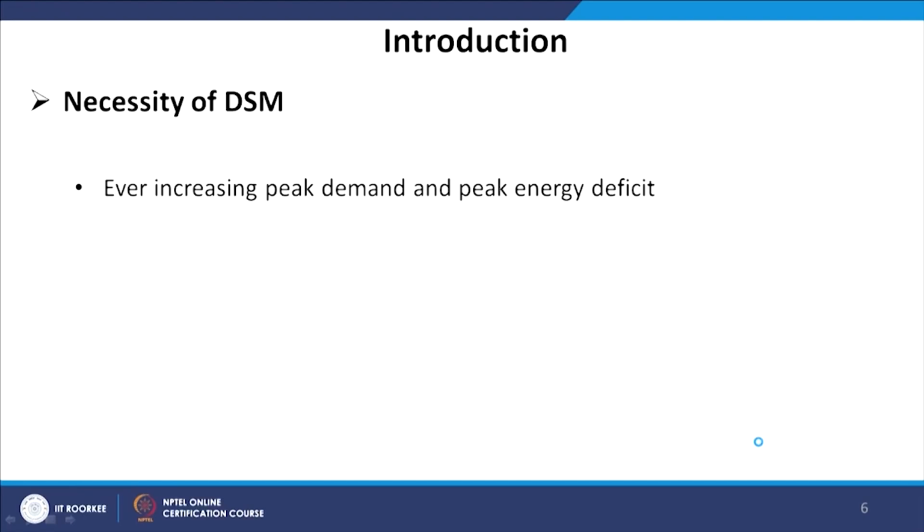Now what is the necessity to go for DSM? Ever increasing peak demand and peak energy deficit. Very importantly, the peak energy requirement of any utility has to increase. That means because the population has to increase, the per capita consumption has to increase, the modern devices have to